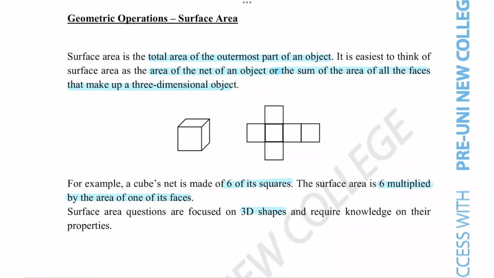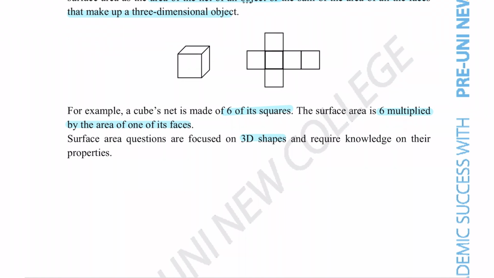So knowing that a cube is composed of 6 identical squares really helps us in figuring out the formula, which is just 6, the number of sides in a cube, multiplied by the area of one of its faces. So exactly like this concept with the cube, if we know the nets of all the common 3D objects that you might come across, it's going to be fairly straightforward to figure out the surface area for those shapes. So for example, if we start off with general prisms,